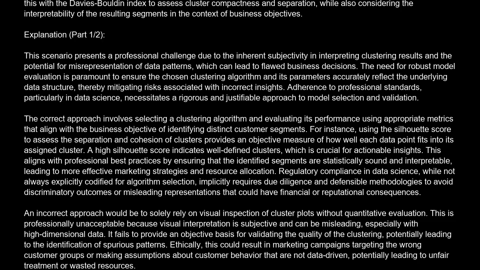The correct answer is A. Quantitatively evaluating the separation and cohesion of clusters using metrics like the silhouette score, and comparing this with the Davies-Bouldin index to assess cluster compactness and separation, while also considering the interpretability of the resulting segments in the context of